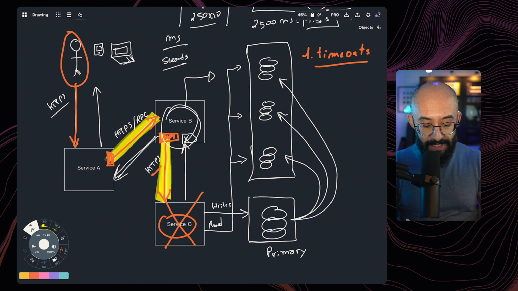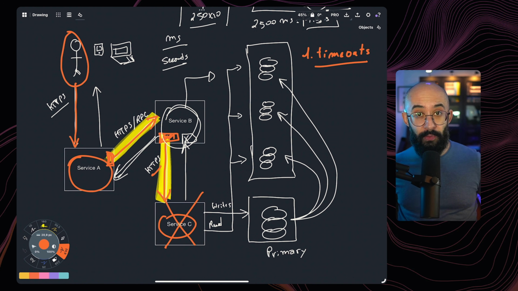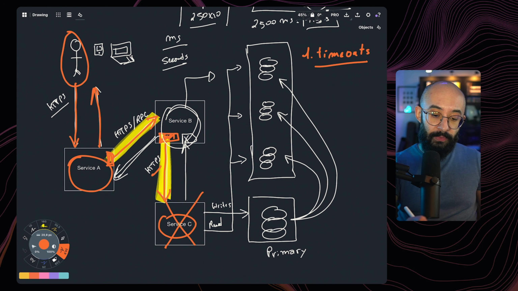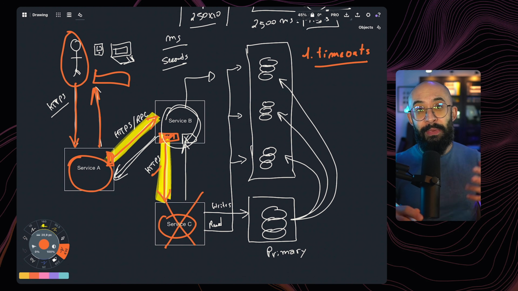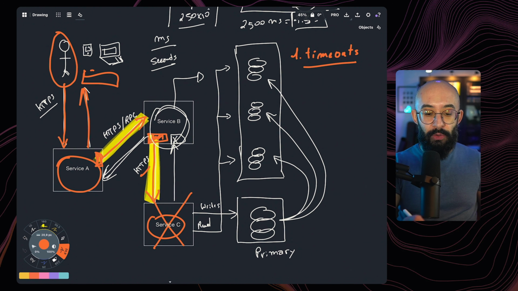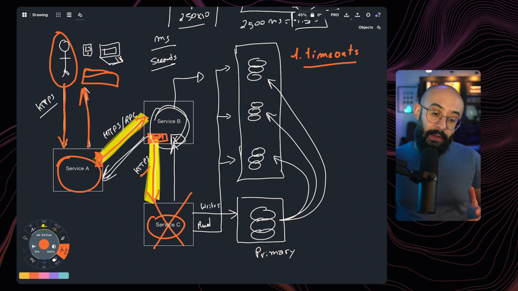In that case, service A is able to make another determination. How do I deal with this scenario? Do I return an error to the user? Do I tell the client that we timed out and we cannot really figure it out? Maybe we just say, hey, sorry user, service is down. We're having some backend issues and we're not going to be able to serve your request right now. Try again in a few moments. Or there are better ways to deal with this, because if we always return the errors to the end user, our system might look like it's not really reliable. If the frequency of these issues is high, then obviously nobody wants to look at errors all day long.